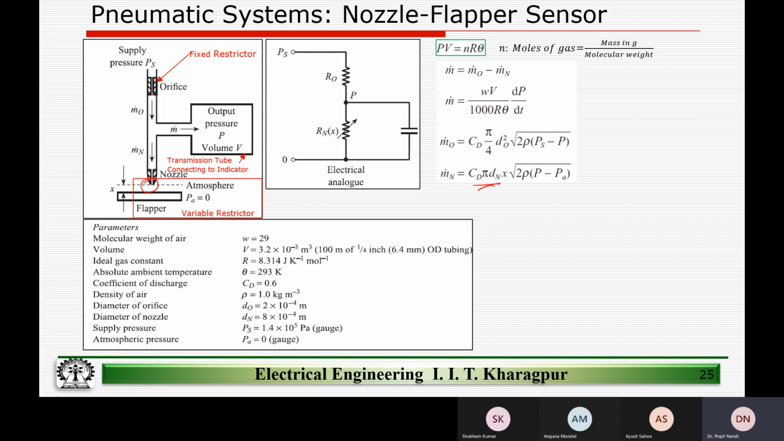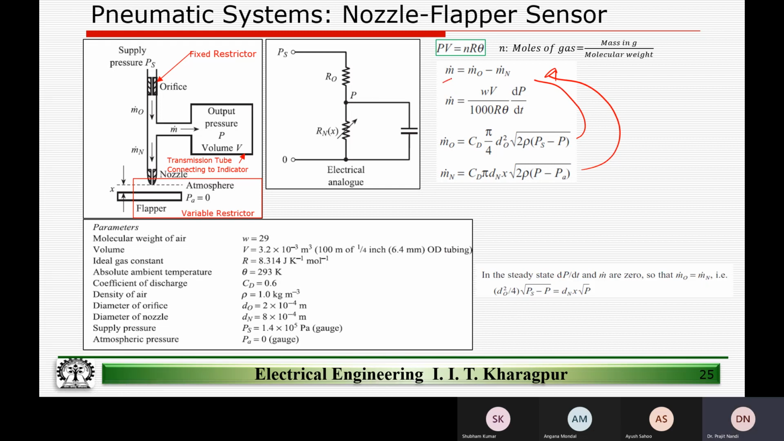Here we know the area of the orifice will be given by pi d square by 4, where d is the diameter of the orifice. For the nozzle here, please look at the expression. The area of the discharge is given by the circumference of the nozzle multiplied by the distance x of the flapper away from the nozzle. So this is m0 dot and mn dot. So if I replace these two here,